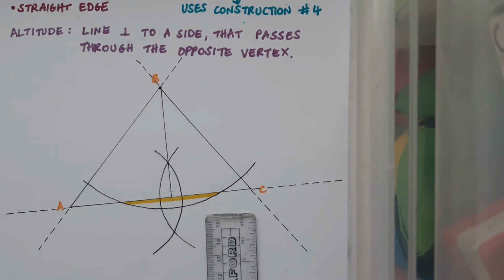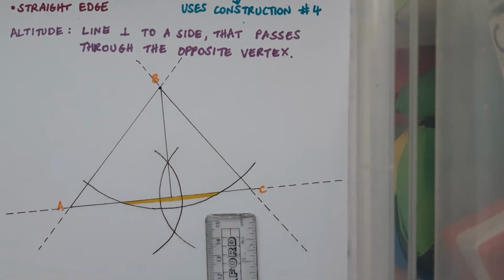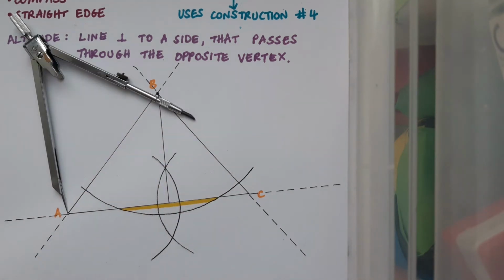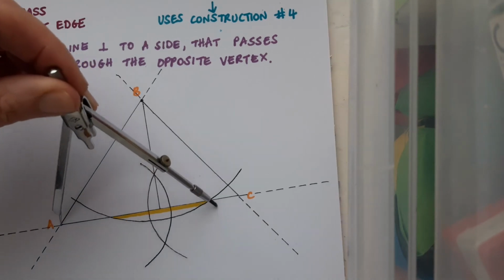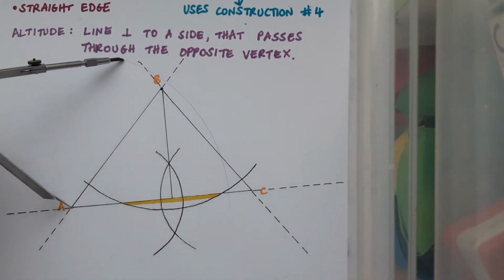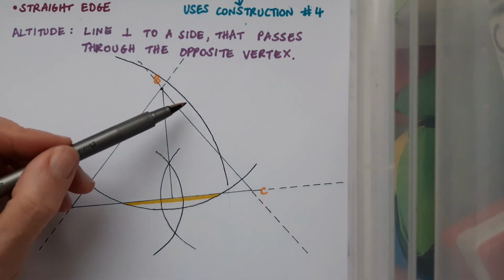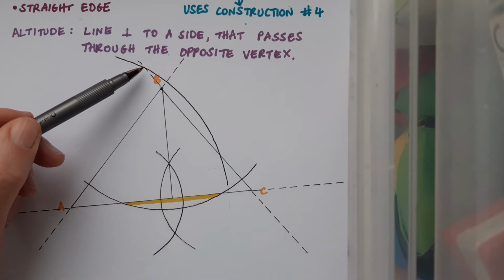So this time I'm going to construct a line that is perpendicular to BC and that passes through A. I first check that my compass is open to greater than the distance from A to BC, and then I draw an arc through BC. Now you can see in this case, in my construction, that my arc actually landed outside of the triangle,